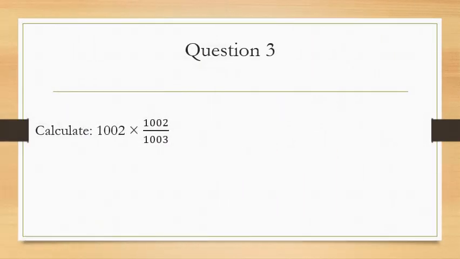Now take a look at question number 3. Calculate 1002 times 1002 over 1003, right? Here the solution is not to manually multiply 1002 squared. It would take way too much time and it is not the point of the question, right? So